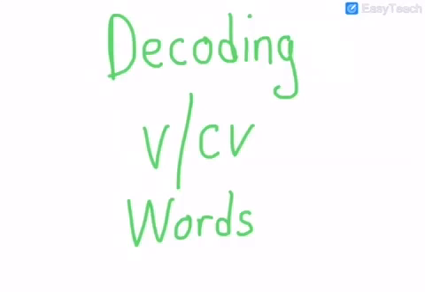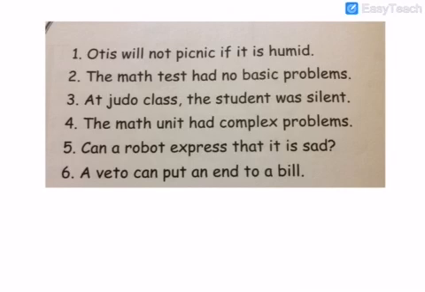Okay, so today we're going to be looking at decoding two-syllable words that have closed and open syllables. Before we start, let's take a look at some of these sentences. Some of you may be looking at these sentences and saying, wow, these look pretty hard to read. And they're not as hard as you think they are if you know some patterns to look for. And that's really what we're going to be doing today, looking at these words and seeing if we can figure out what patterns each of these words has that can help us read them a lot